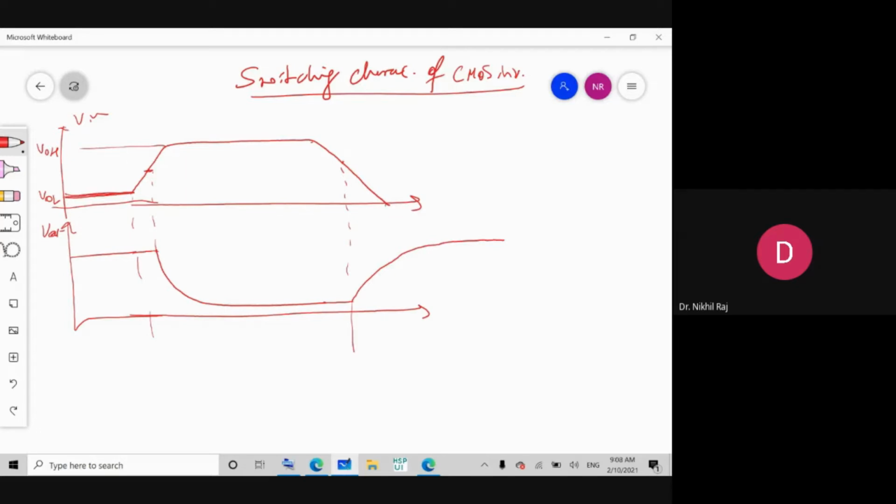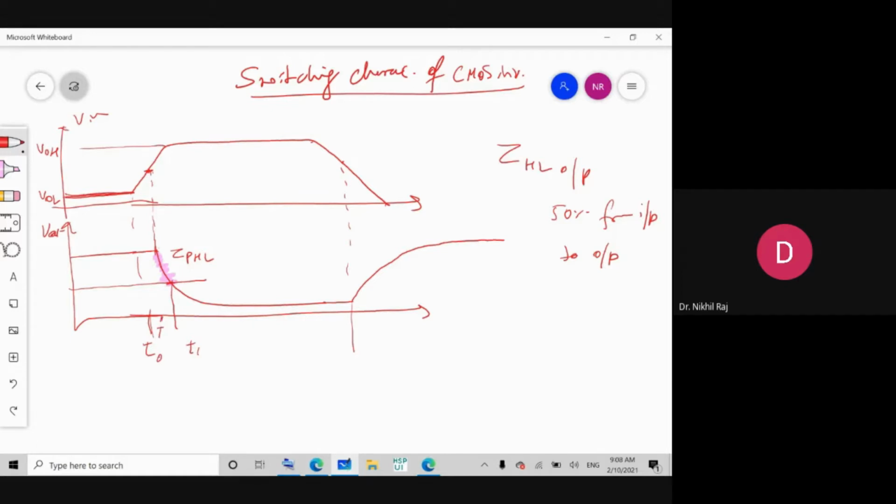Okay, so what was the definition of TPHL? The high to low transition for the output, 50% from input to output. So 50% is here, and from this time to 50% of the output is here. So I can say this is the TPHL case. When we did the analysis, in this time there were, let's say, T1 and T1.